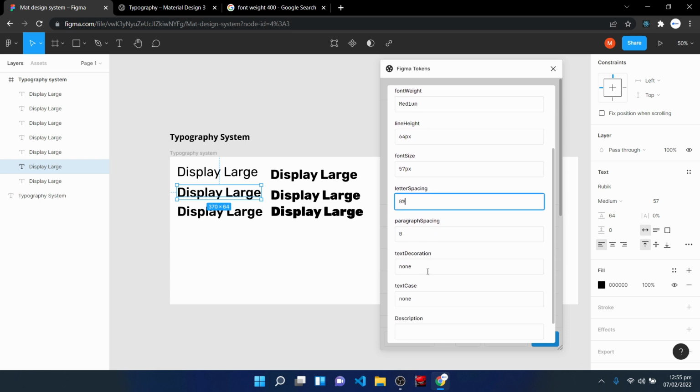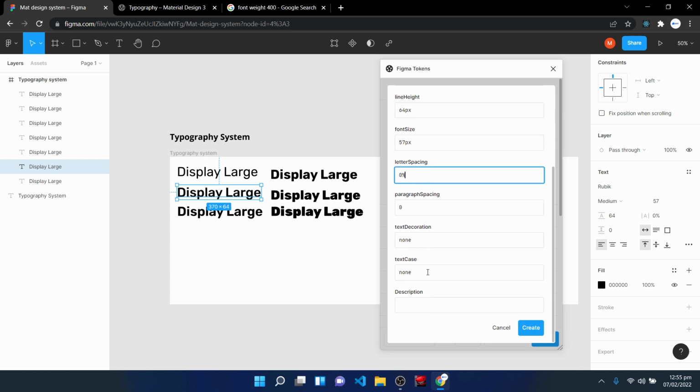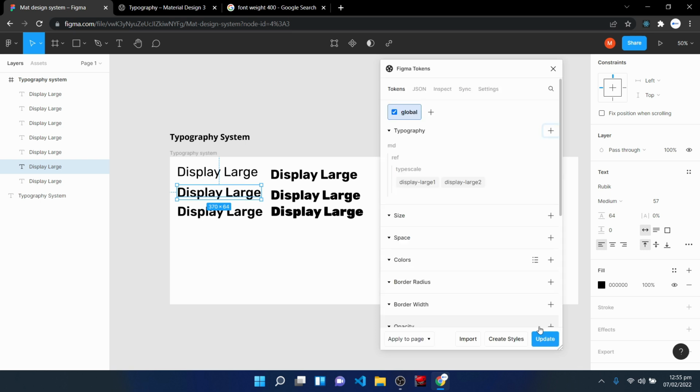The paragraph spacing is okay. The text decoration is okay. The text case property, I would set it to as typed. And the description field, I would pass in whatever I want to pass in. I would say use this for medium display large rows, and I would click on create, and this has been created. So to avoid me repeating the same process over and over for these remaining display large references, I'll just